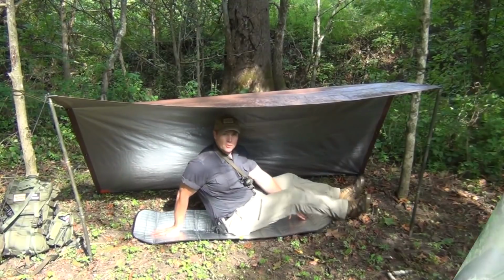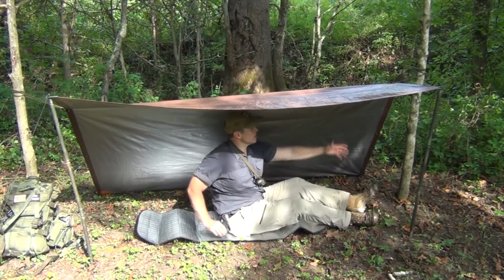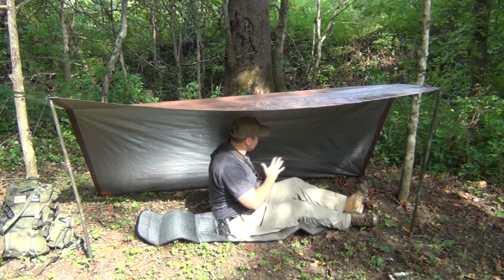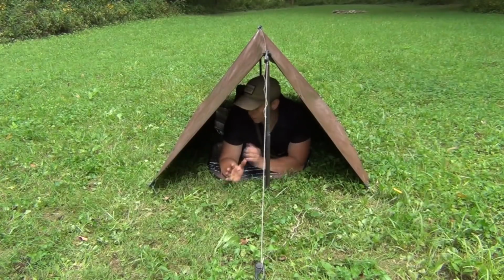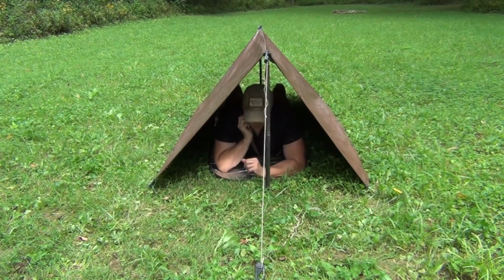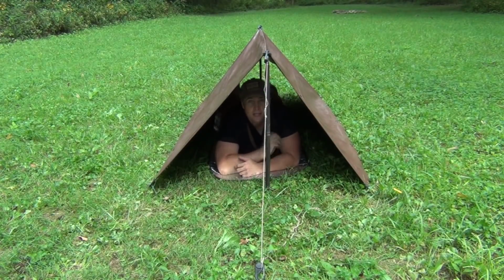In my last two videos, I talked about a one-sided shelter with that flying wedge. All right, so here we go. We've got a great shelter because it's 6 feet by 8 feet. I also talked about a two-sided shelter using the classic A-frame. I have a lot of room. I've got enough room at my feet for my backpack, so I can scoot back this way and be pretty